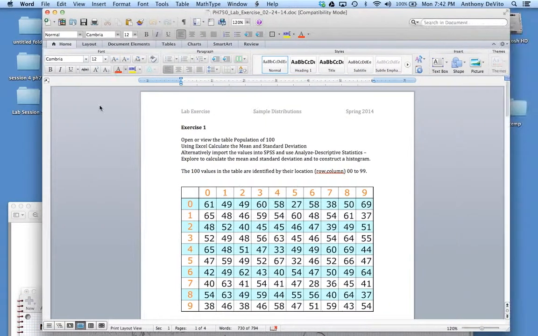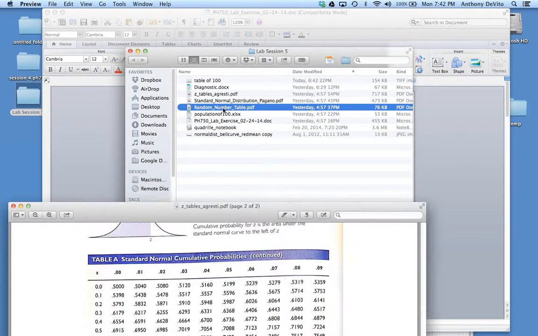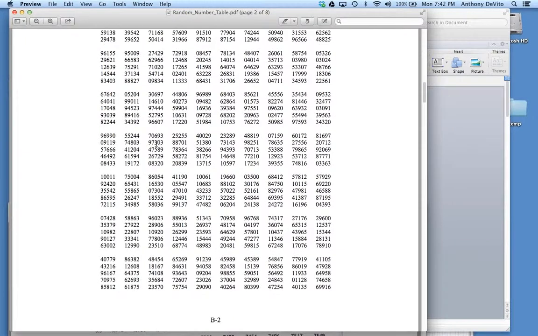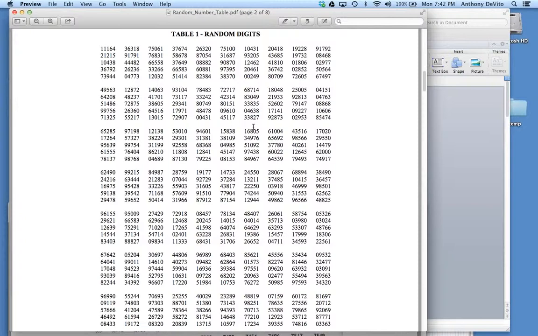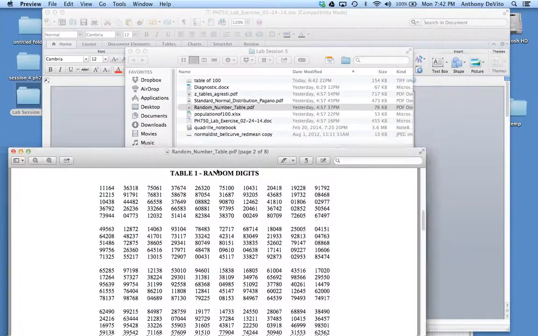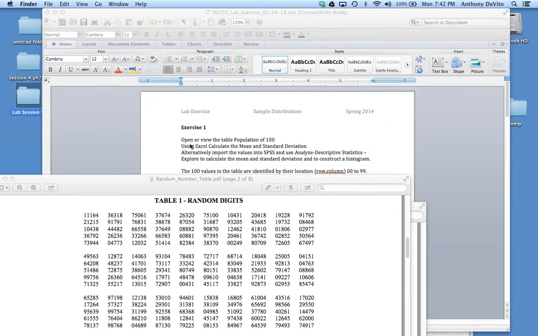What I'd like you to do is go to this table that we produced, and I also want you to open up something called a random number table. Chances are you haven't worked with one of these before. The deal here is that we want to take a sample of a population, and in order to evaluate that population and not get a biased view of it, we want to sample that population randomly. We want to pick out people from that population completely, totally without bias.